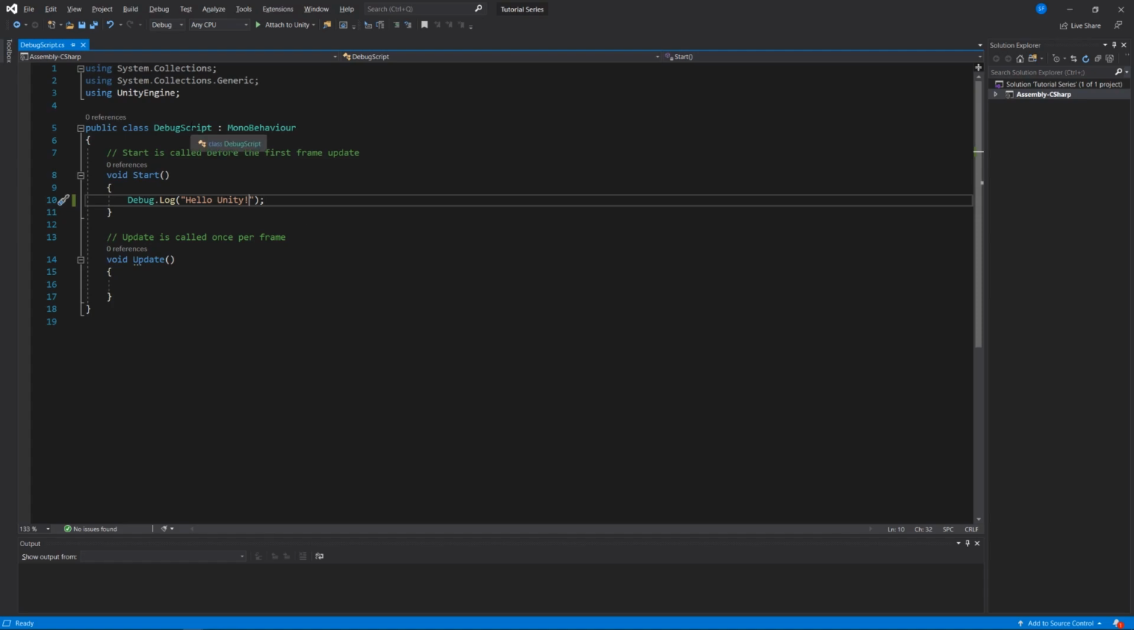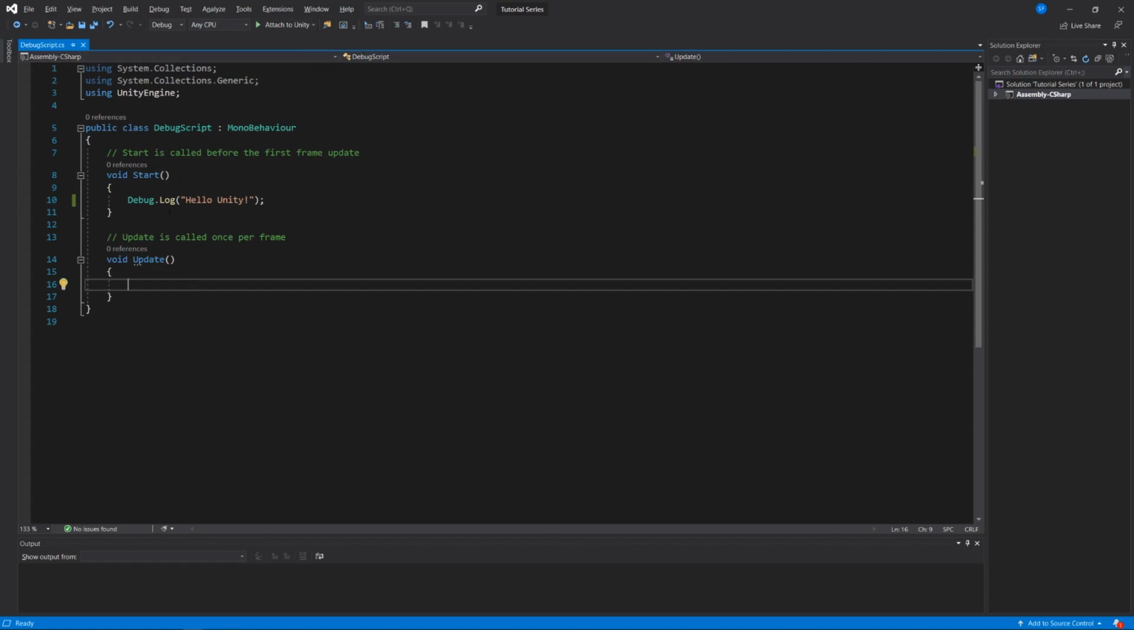Okay, I'm off my soapbox and we're going to talk about what the update method does. When I go in between these curly braces for the update method, you'll recall this calls whatever's within it once per frame. So if I say debug.log "hello world" in the update method, and I save it,